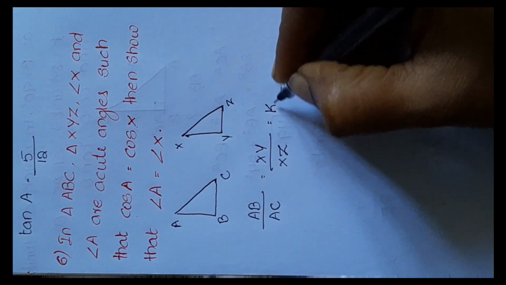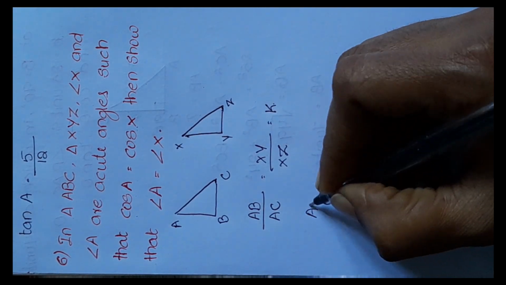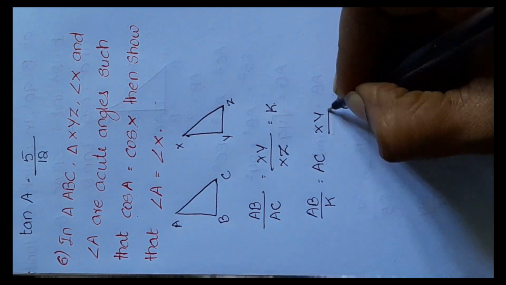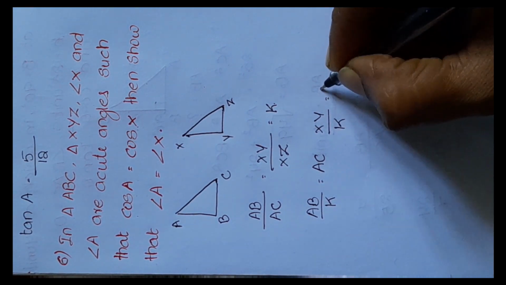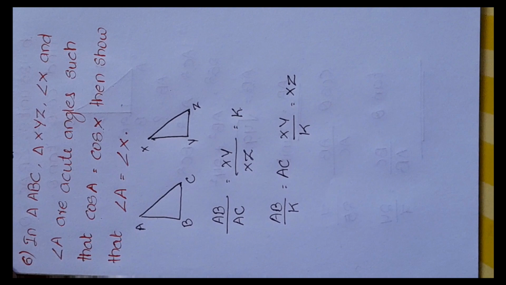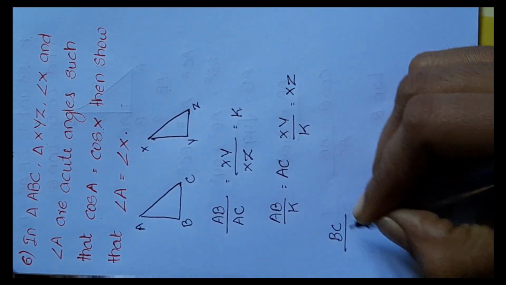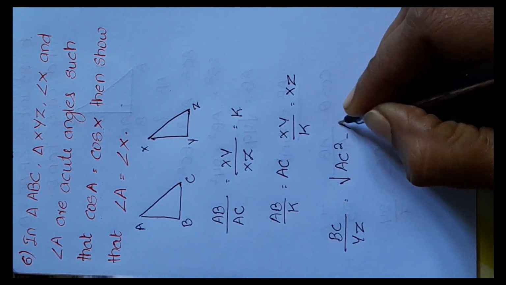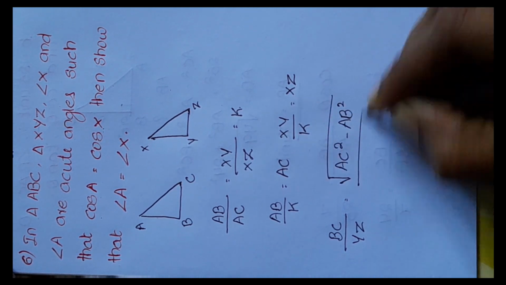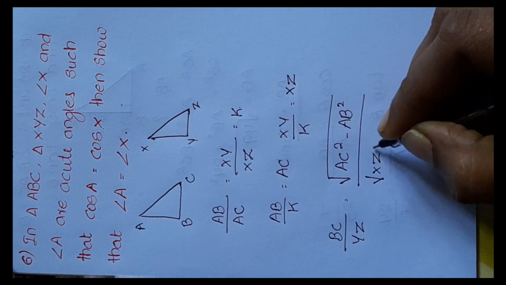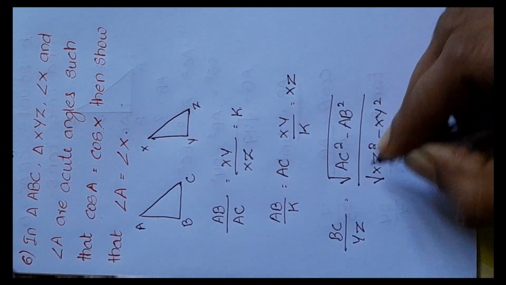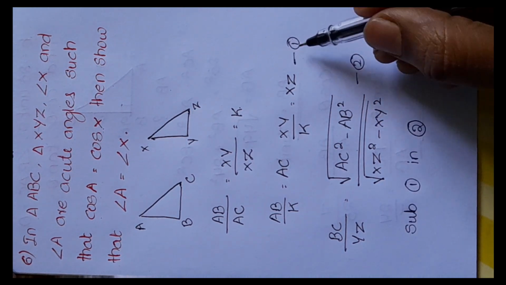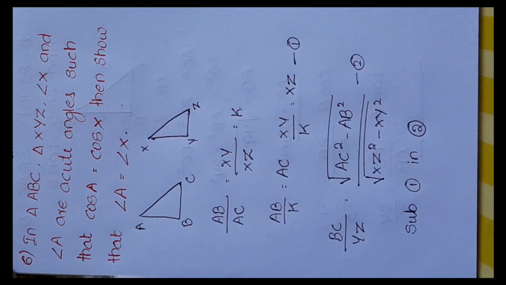Let this be equal to the constant value K. From this, AB by K is equal to AC and XY by K is equal to XZ. Now from the Pythagoras theorem, BC by YZ is equal to square root of AC square minus AB square by square root of XZ square minus XY square. Substituting the values in equation 1 in equation 2, we get